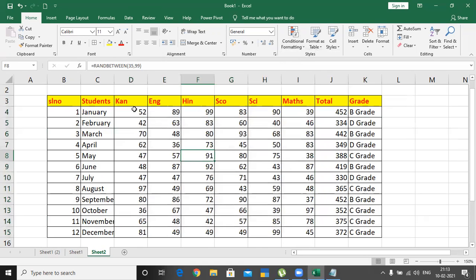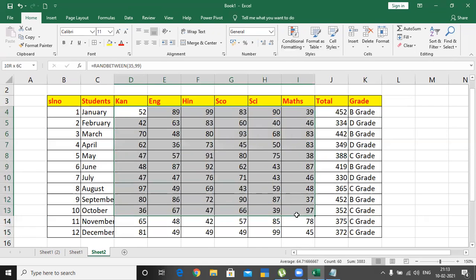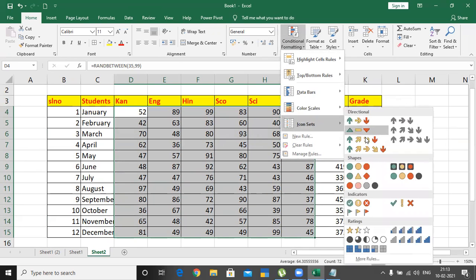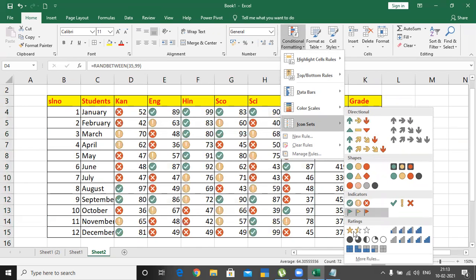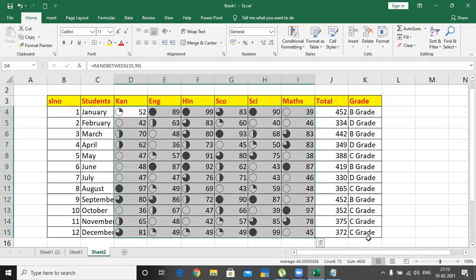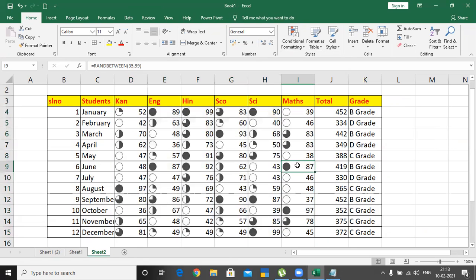You understood now how to apply this? So when you apply this data bar, color scale, and icon set, one more I'll take in the directional shapes, indicators, rating. Okay, so I simply click and apply, that's all. But I don't have any specified conditions to assign these values.